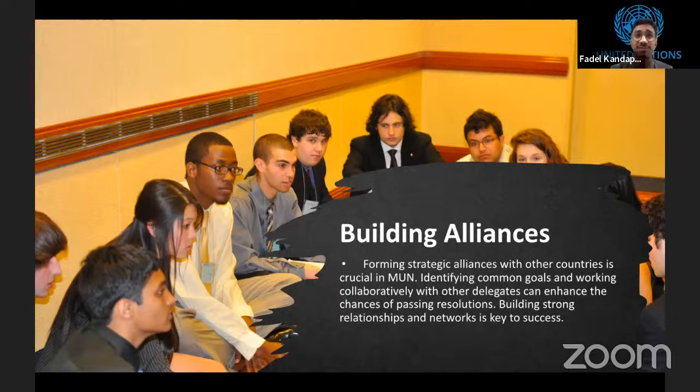Building alliances is very important since blocs need a majority for a resolution, and that depends on whether your committee fails or passes. So if you have a majority in the committee as a group, right? If you build alliances with the majority of the people in your committee, you already have a very high position in committee. You can raise any motion you want, and when the committee votes on that motion, it will pass because you have allies who support you, right? And it'll make it much easier for you to carry out what you want as a delegate, to be seen in committee, and what you want to be discussed and debated upon.